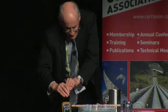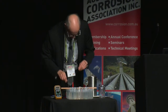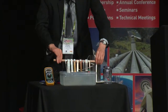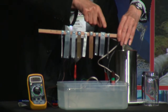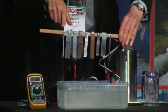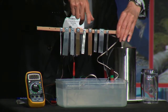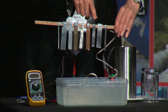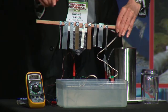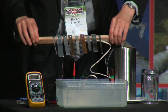Just unplug my little probe there. And just to show you what we were testing there, I didn't want to disturb it before, but there's all the metals from, going backwards in this case, so magnesium, the small one there, zinc, aluminium, brass, tin, copper, lead, stainless steel and titanium there. So that's how we work that. So while we've got that out,